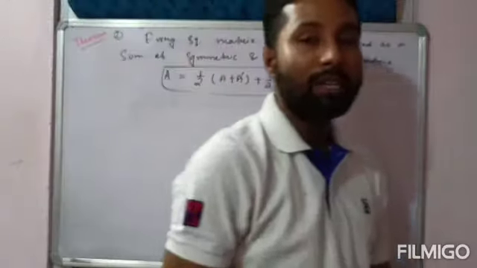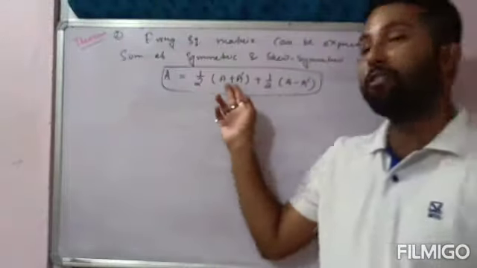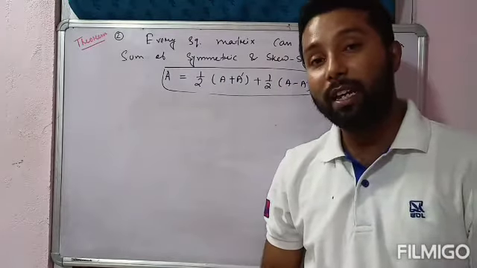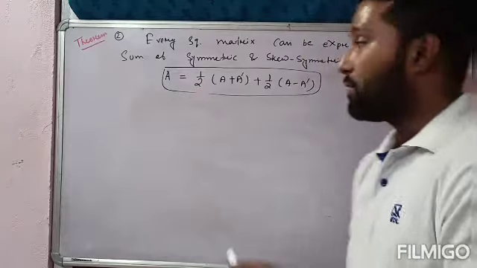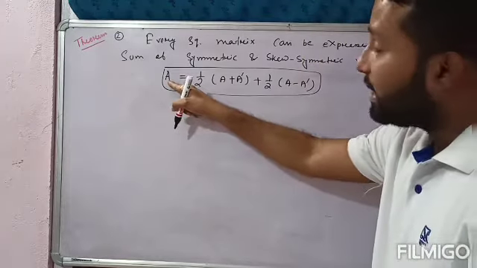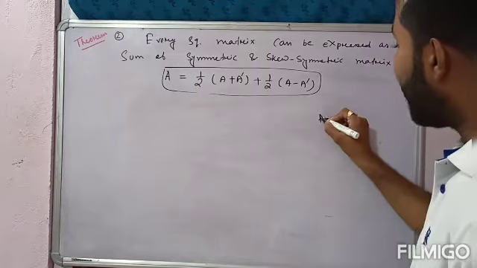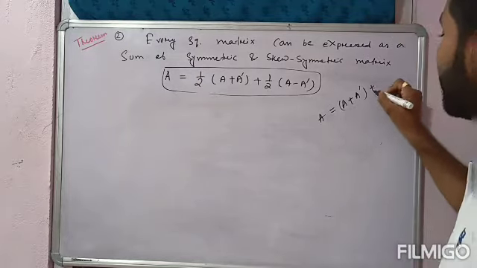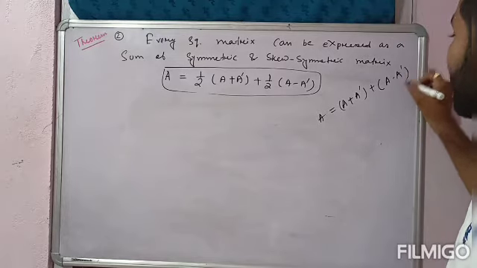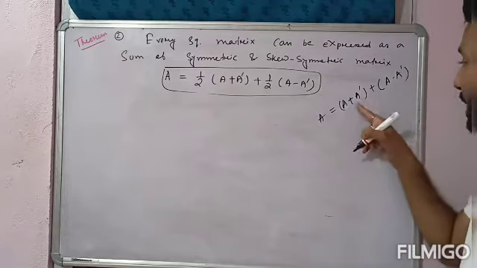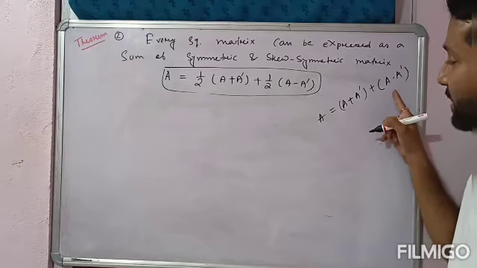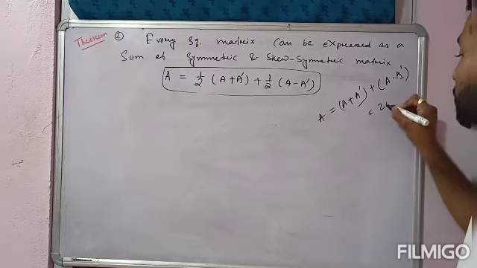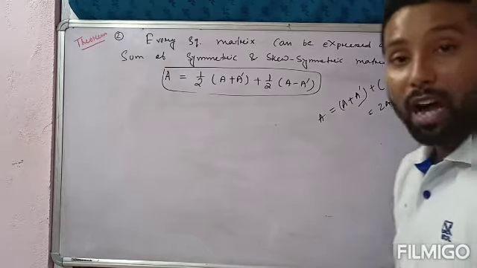लेकिन theorem number 1 में तो मैं half multiply नहीं किया था, सिर्फ A plus A transpose symmetric बोला था, whereas A minus A transpose skew symmetric बोला गया था. But why we need to multiply half? See, A equal to, right? I have written that A equal to this one. So direct अगर मैं ऐसा लिखूं कि A is equal to A plus A transpose plus A minus A transpose, if I add symmetric and skew symmetric matrix, then A transpose will be cancelled, but A plus A we all know twice A. So A equal to twice A, how is it possible?